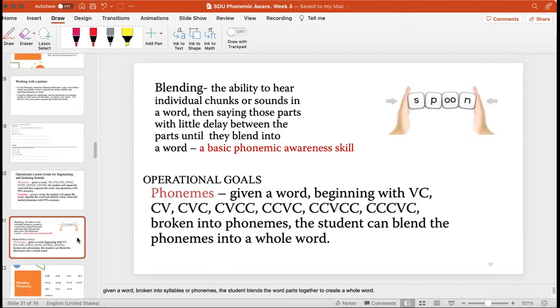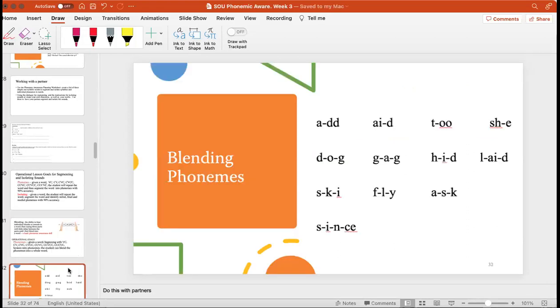Okay, blending is the opposite of segmenting. You hear the individual sounds, and then you have to pull it together. So a goal for that would be, given a word broken into phonemes, the student will blend those phonemes into a word. So let's practice that a little bit. So if I say add,